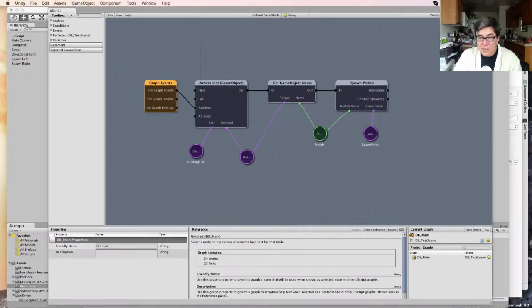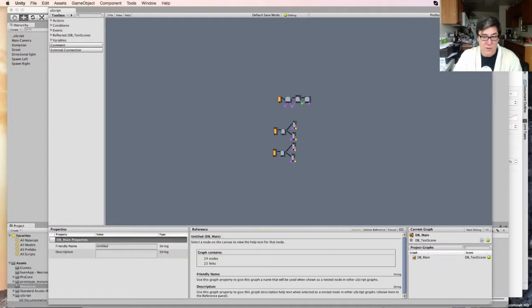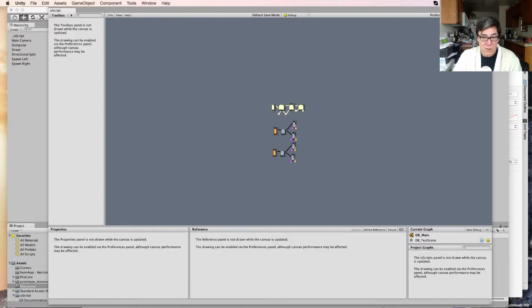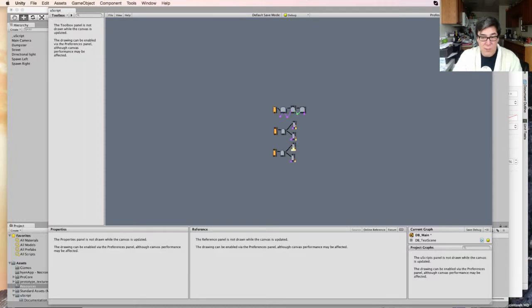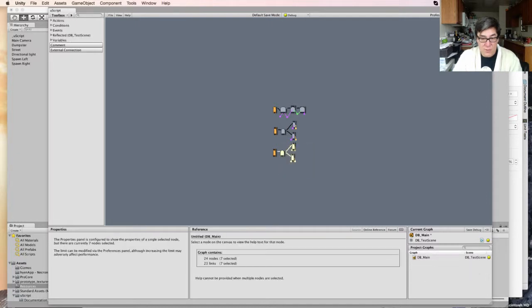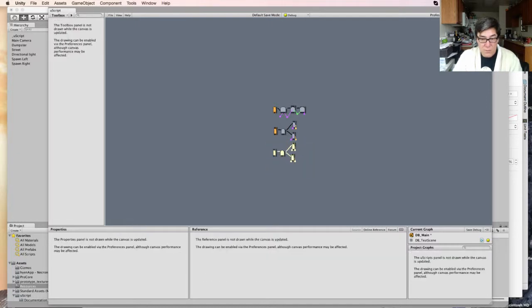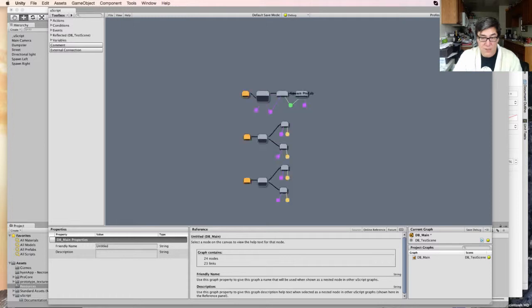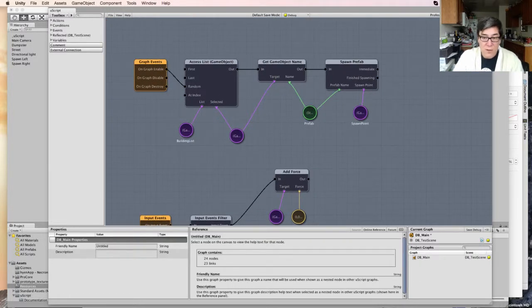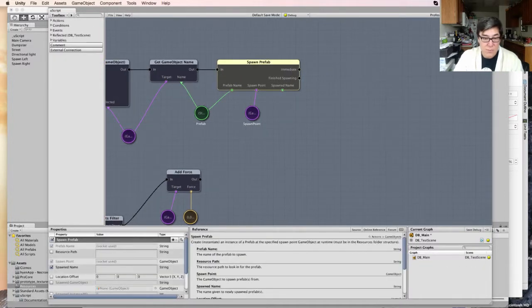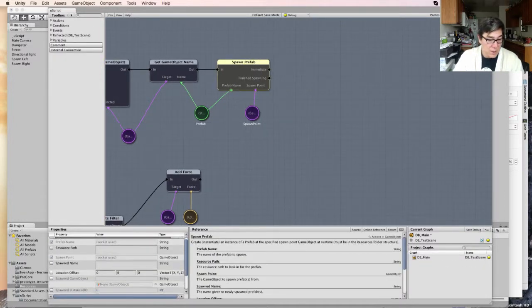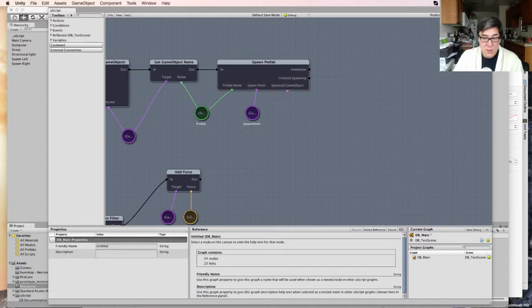I could do this in the main script for the sake of speed right now. I am going to... actually, let's do it the right way. I prefer doing things when an object is spawned, that the object takes control of itself. However, one thing that we can do is spawn prefab, spawned game object is